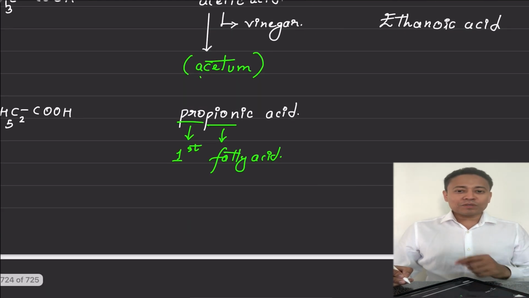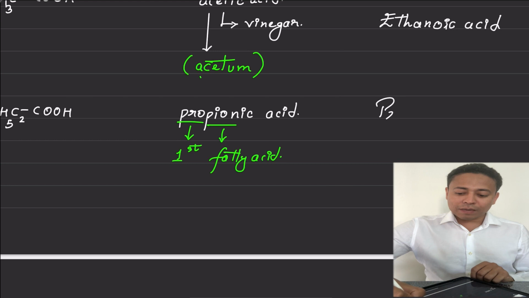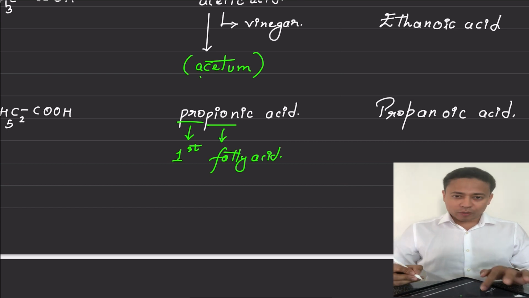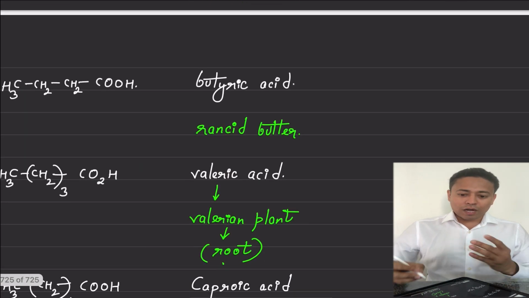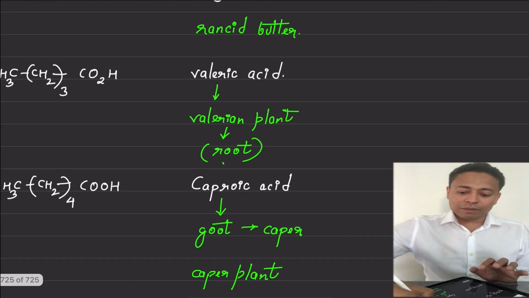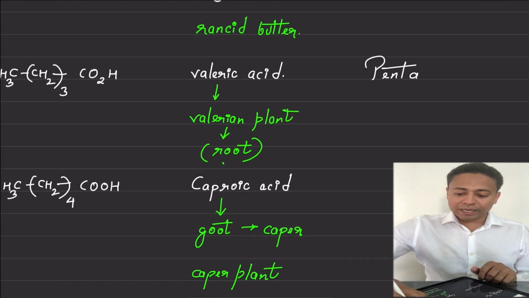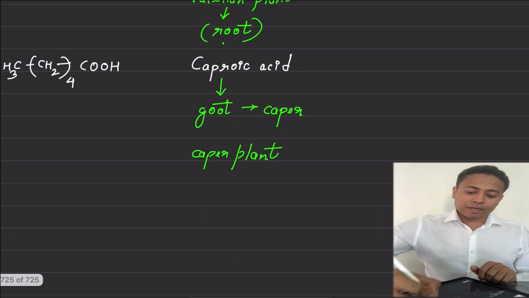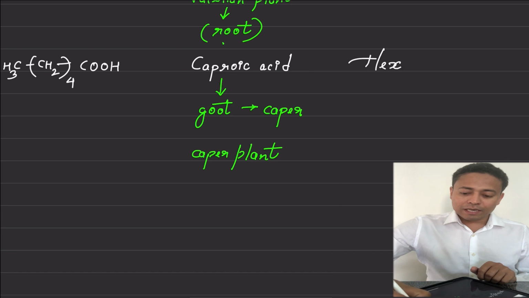The next compound contains 3 carbon atoms. An alkane with 3 carbon atoms is known as propane. Drop that E of propane and replace it by oic acid, which makes it propanoic acid. Next compound consists of 4 carbon atoms. A 4 carbon atom carboxylic acid will be called butane, butanoic acid. 5 carbon atom carboxylic acid: the 5 carbon atom alkane is pentane, so pentanoic acid. Last but not the least, the 6 carbon atom carboxylic acid will be hexane, and I will replace